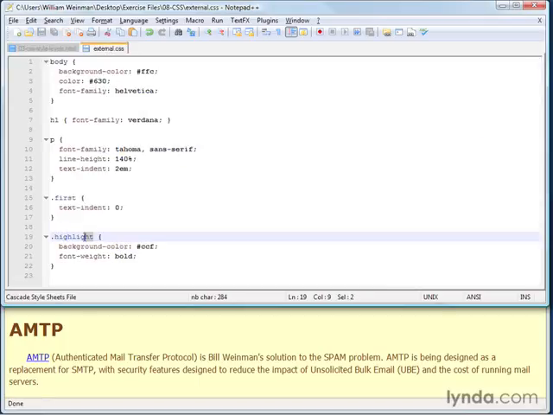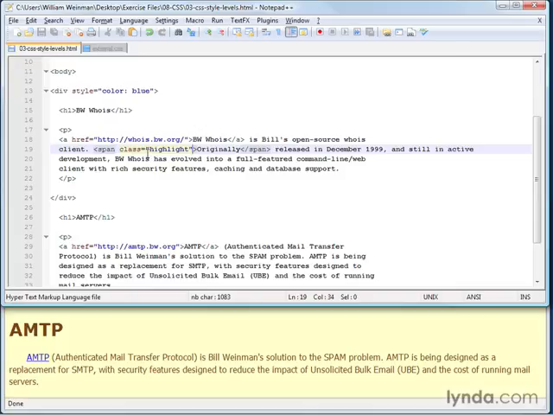So we have this highlight selector with the dot before it. That makes it a class selector. So we use the class attribute to select that. So class equals highlight, and the class attribute selects that. Notice that there's no period here. We don't use the period in the name on the XHTML side. We just say the word highlight. The period is used in the CSS just to say that it's a class selector.